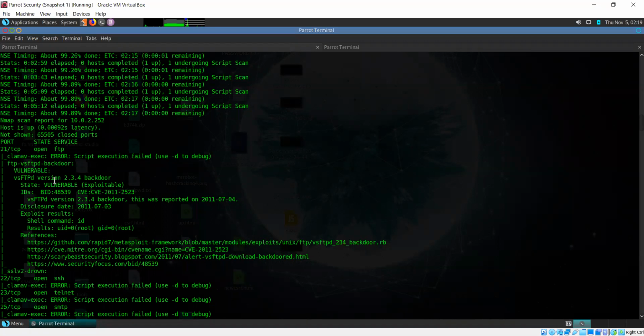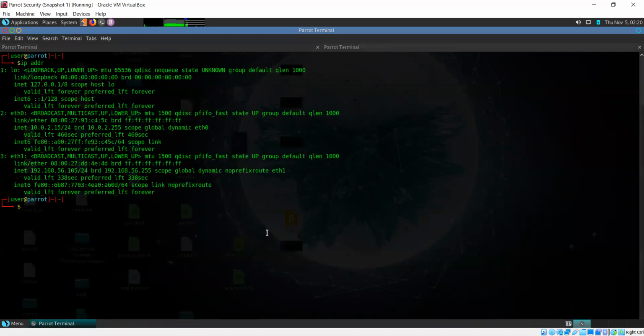Okay, so let's see whether we can exploit this to get into the system. Let's check that. Now, what I'm going to do is open up my Metasploit, and like I mentioned earlier, the Metasploit framework makes your work a lot easier.